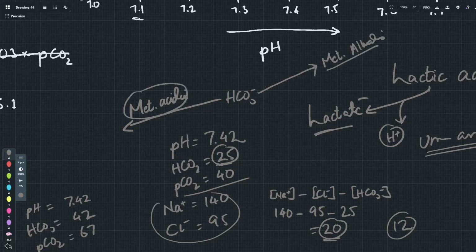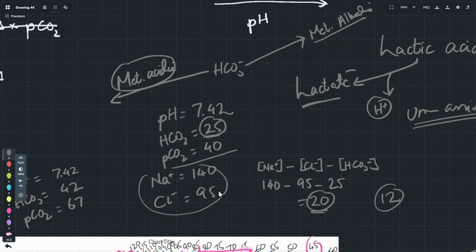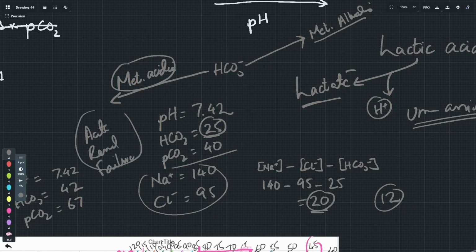Now, this scenario seems very tricky. The reason being that there is no history or other useful data provided here. But in reality, it won't be that difficult. You would have a proper clue in your question. This could be a scenario of, let's say, uremia or acute renal failure. In acute renal failure, there is often metabolic acidosis, and this patient, unfortunately, of acute renal failure developed